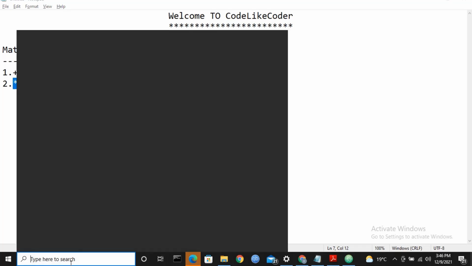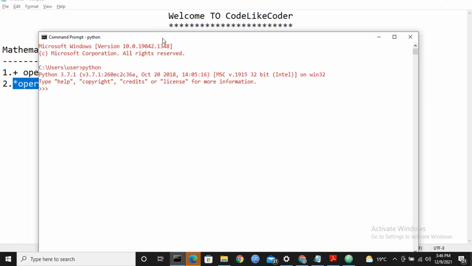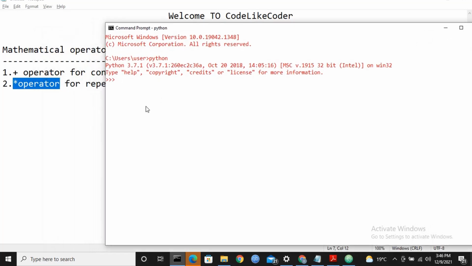So let me go to my CMD and let me go to the Python console. First we are going for the plus operator. I'm creating one string called Python and another string called Java. Let me print s1 and s2.